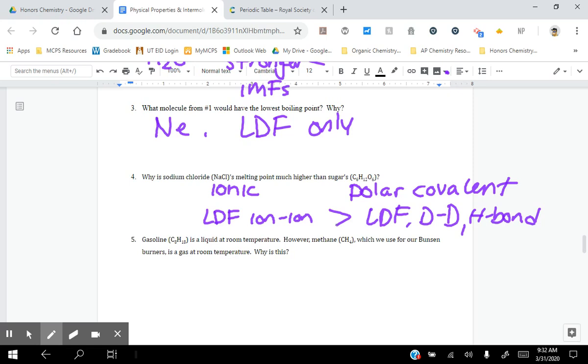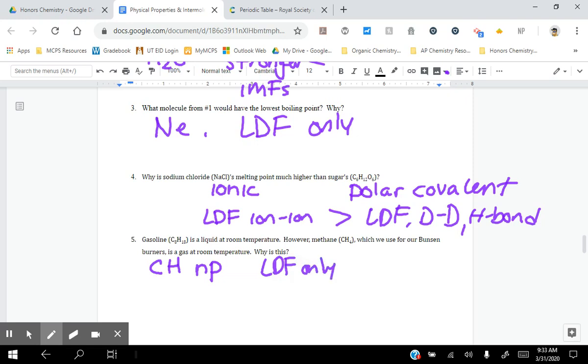In this next one, I'm looking at gasoline, which is made up of carbon and hydrogen bonds, and methane, which is also carbon and hydrogen bonds. So this one, they tell us that one is a liquid and one is a gas. But what's interesting is that they both are made up solely of CH bonds, which are nonpolar. So here we have to compare the strengths of the London dispersion forces. So since they both experience LDF only,